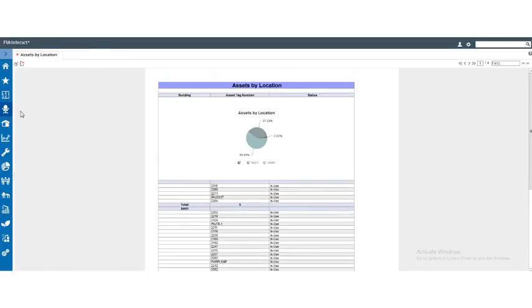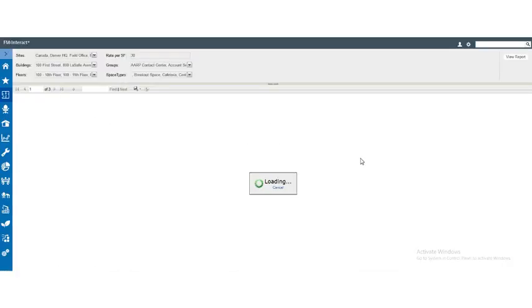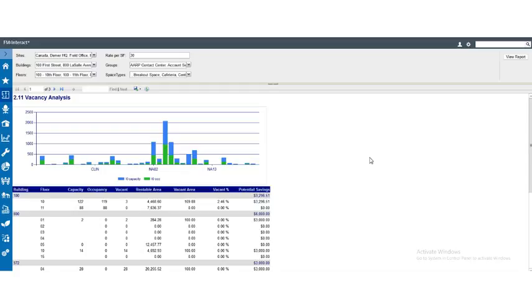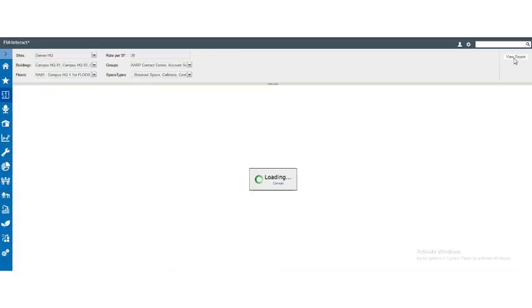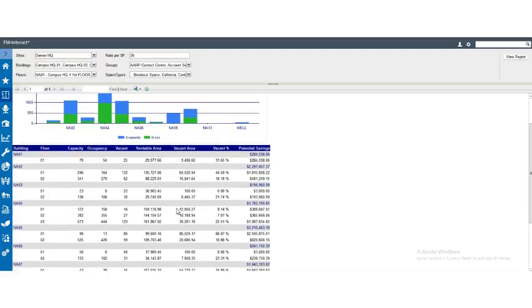Take a look at one more report, kind of being able to look at my vacancy analysis across the board. This is something that's very helpful in the space management module because we're looking at vacancy across the board, maybe seeing where we have space to move people, even being able to come over, drill down into one specific site, and then from there maybe go further and look at a specific building within that site, look at potential savings,